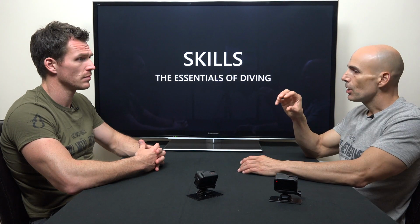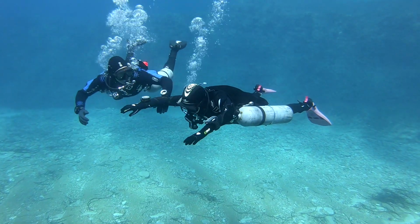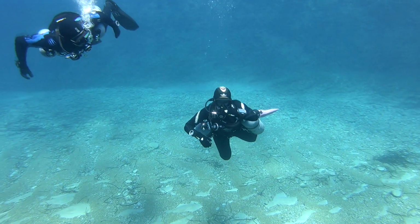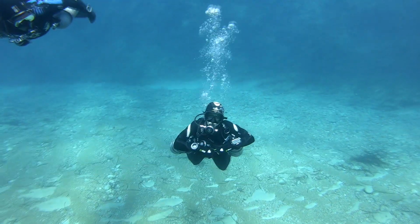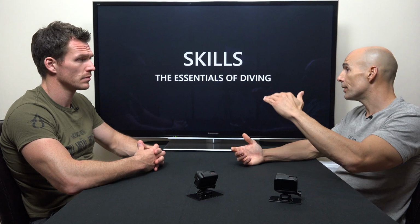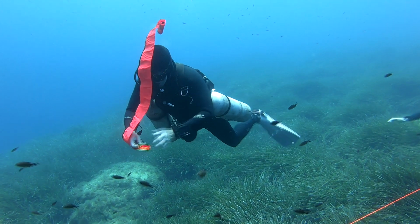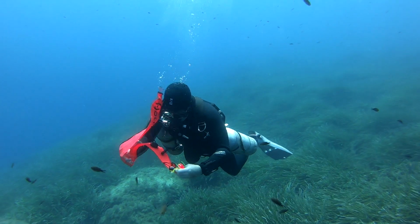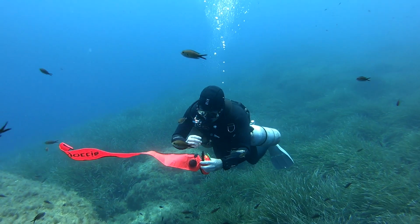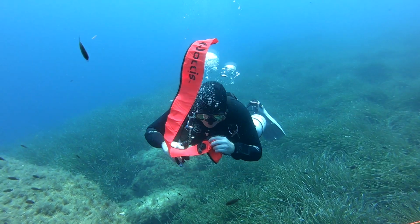As you breathe in, you need to have this very calm, rhythmic cycle, because if you have very high peaks or very low troughs, of course it's going to upset your buoyancy. As we're sitting to talk now, we're calm. We're having a fairly small shift in the gas moving in and out of our lungs. And quite often as divers, there's also some timing involved in when you inhale into the bag, for example, and that air transferring up the SMB, causing a potential buoyancy change. So what you tend to see is that people aren't aware of whereabouts in the cycle